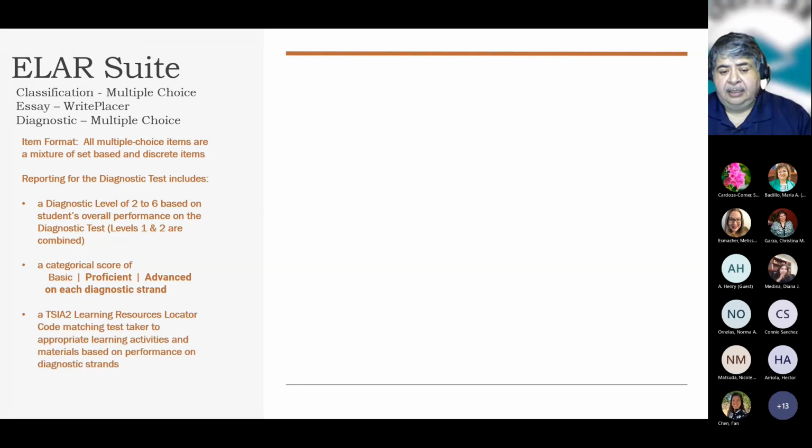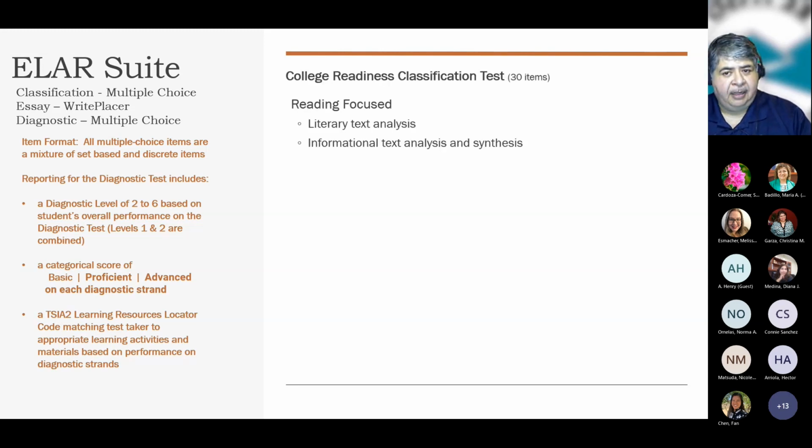Okay. The Learning Resources Locator is a code that the system produces at the end when the student takes the examination. And the code has the topics that the student actually failed to answer correctly during the diagnostic. So if the student, out of all the topics that the test was presenting, fails 8 topics, the code itself will reflect those 8 topics so the student can review them, and we'll go over how they do that. Now, the classification test is actually focused on 2 sections.